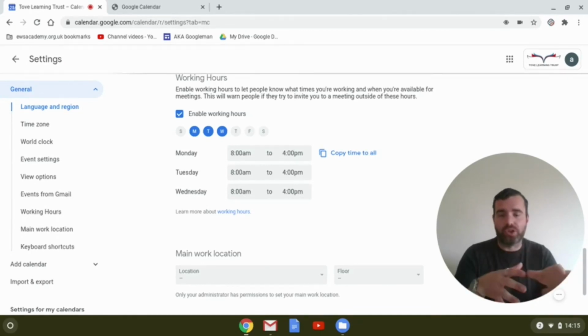Obviously, there will be circumstances like parents' evenings where your working hours do change, and perhaps you will kind of manually change your working hours to reflect that. If you know you've got a week coming up and you're going to have people coming in, and this does not impact things that appear on your school calendar. So actually, the parents' evening will still stay there. Okay, and